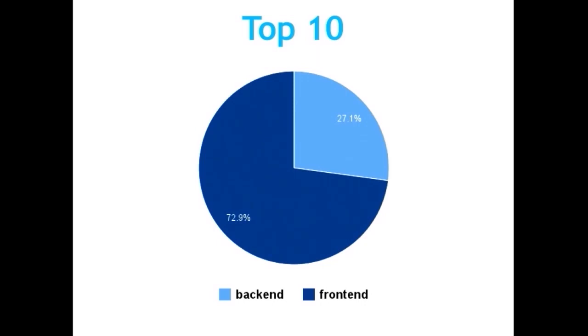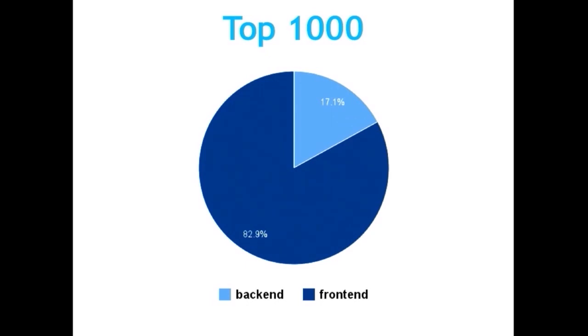But let's look a little deeper. If we go to the top 1,000, which is still a very small number, if you can get your website in the top 1,000 worldwide, that's incredible. And it's quite a jump. It goes from 27% on back end to 17%. The reason for this is those top 10 sites are highly optimized. They have very few